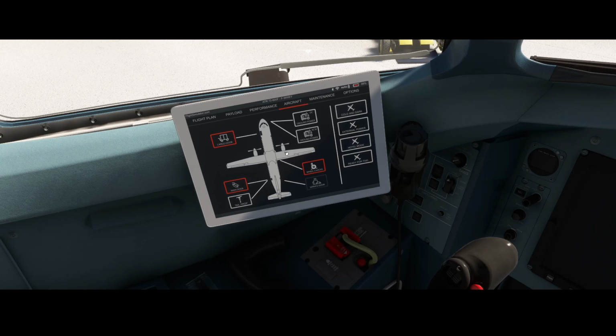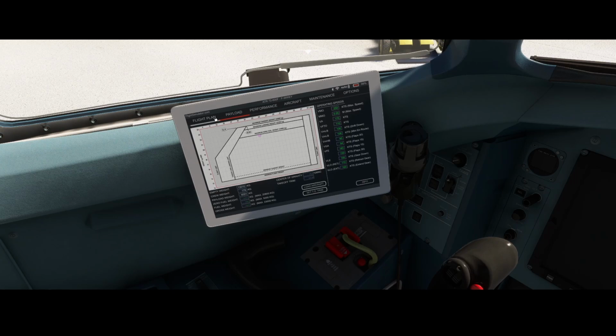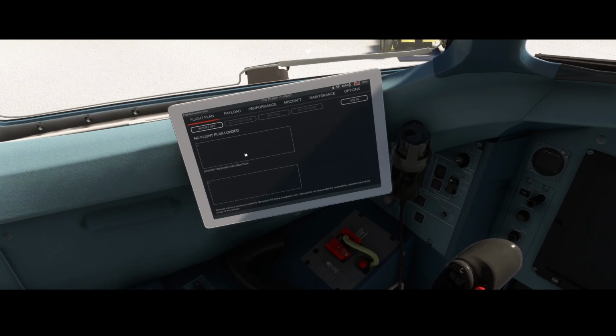This one, also not that many changes, well, besides the cargo door on the front, of course, but that's only for the freighter version, not for the other version, but that still makes sense. And then we've got the other options which we're used to, such as the payload and the performance, as well as the flight plan. And for the flight plan, you need to first log into SimBrief, right? So make sure that you're signing into SimBrief,